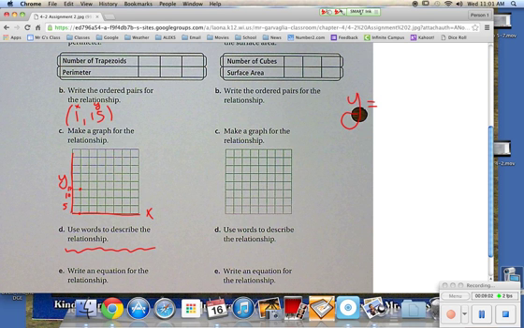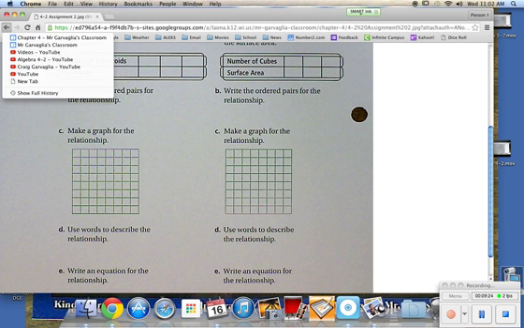Y equals, how much is it going up by? Multiply that number, whatever it is, by x, and then figure out what you have to add to it to make the equation. You need to do this for 1 and 2. All right, these 2 problems you need to work on. And then the last